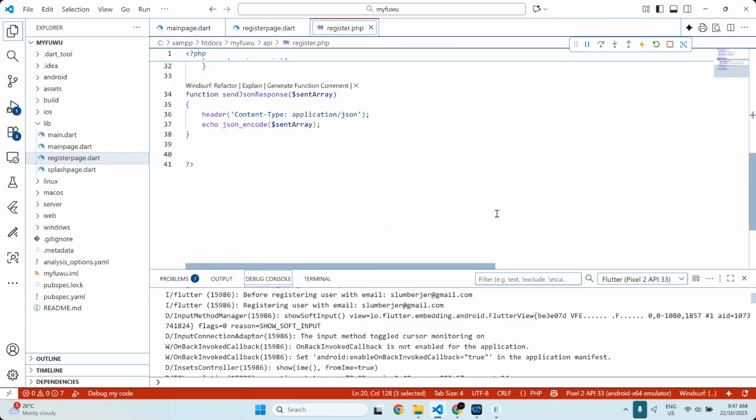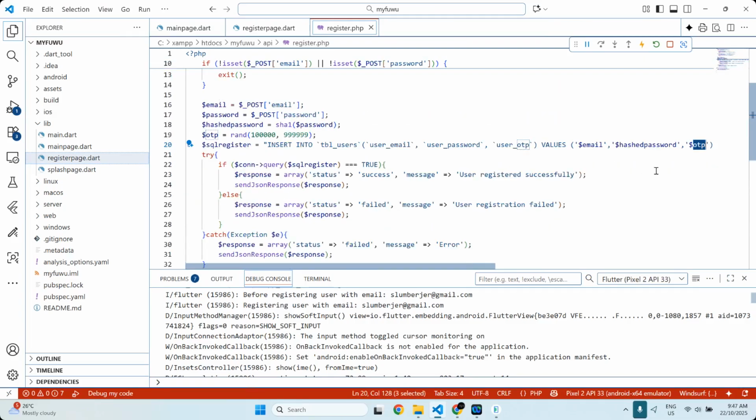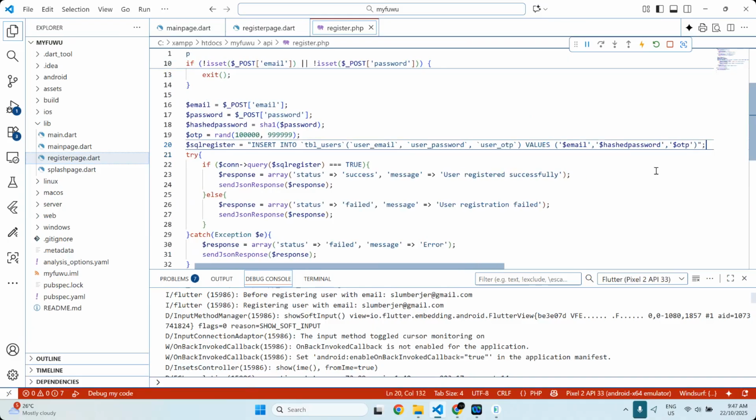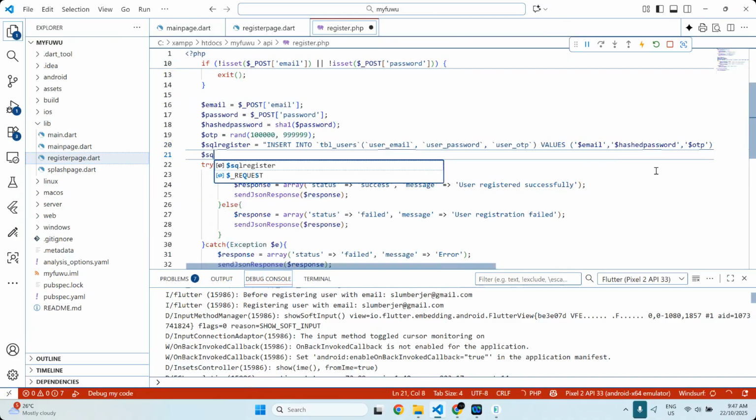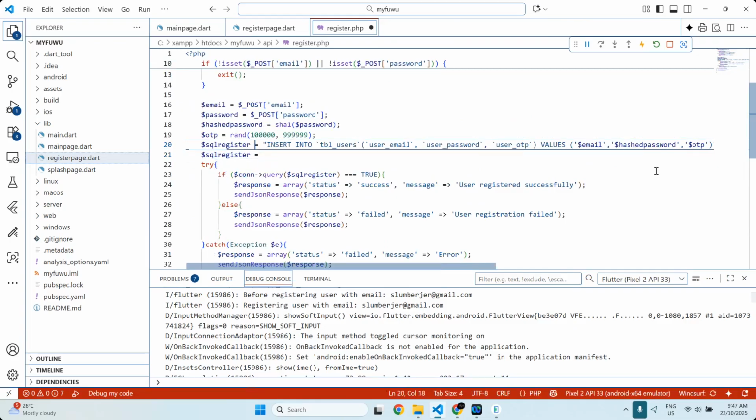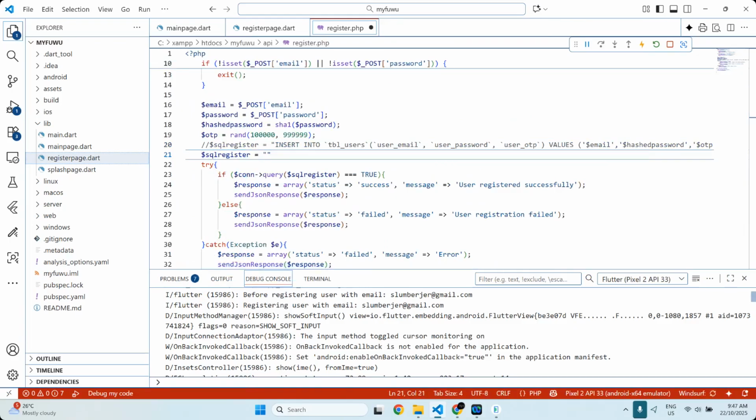But usually, if you want to have a better SQL register, you might need to have, let's say, I'm going to disable this. Something not in this structure,